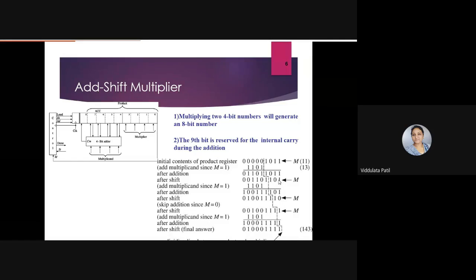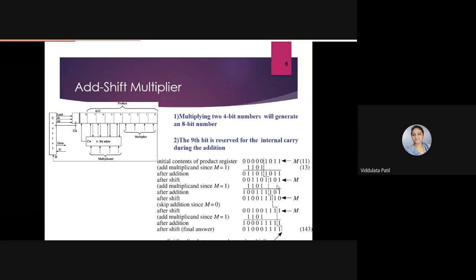If it is a 1, then once again add multiplicand to the bits of accumulator, that is 8 to 4. हे जे bits आहेत त्याच्यामध्ये ऍड करणार आहे. Okay. Now ninth bit that we have taken for the carry. Okay. So here you can see whenever you are going to add these numbers, so you will get 1